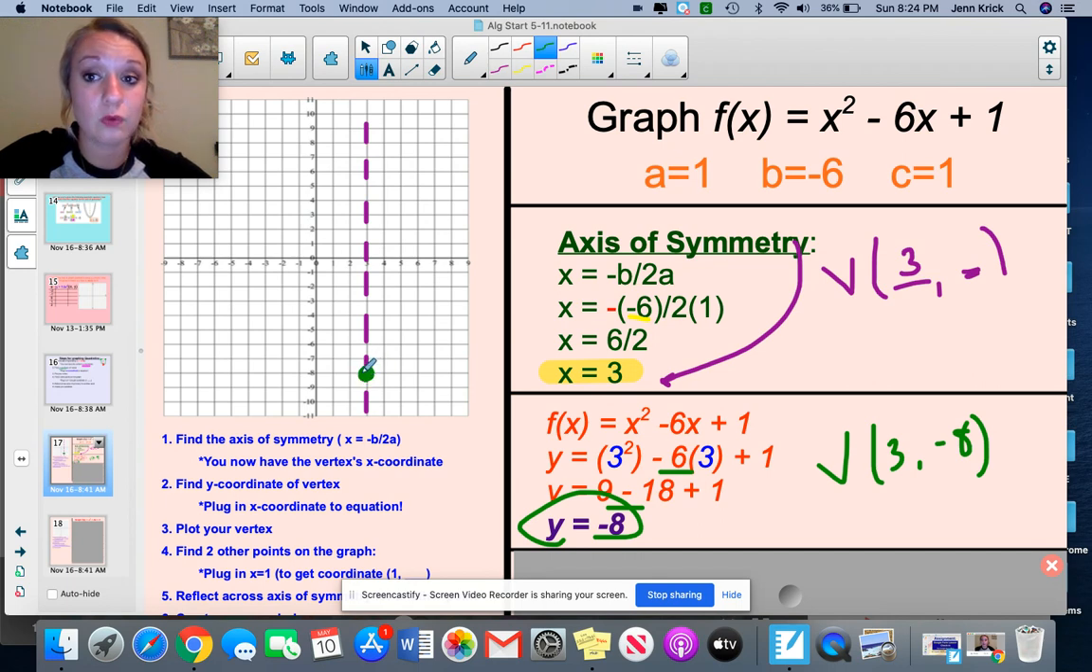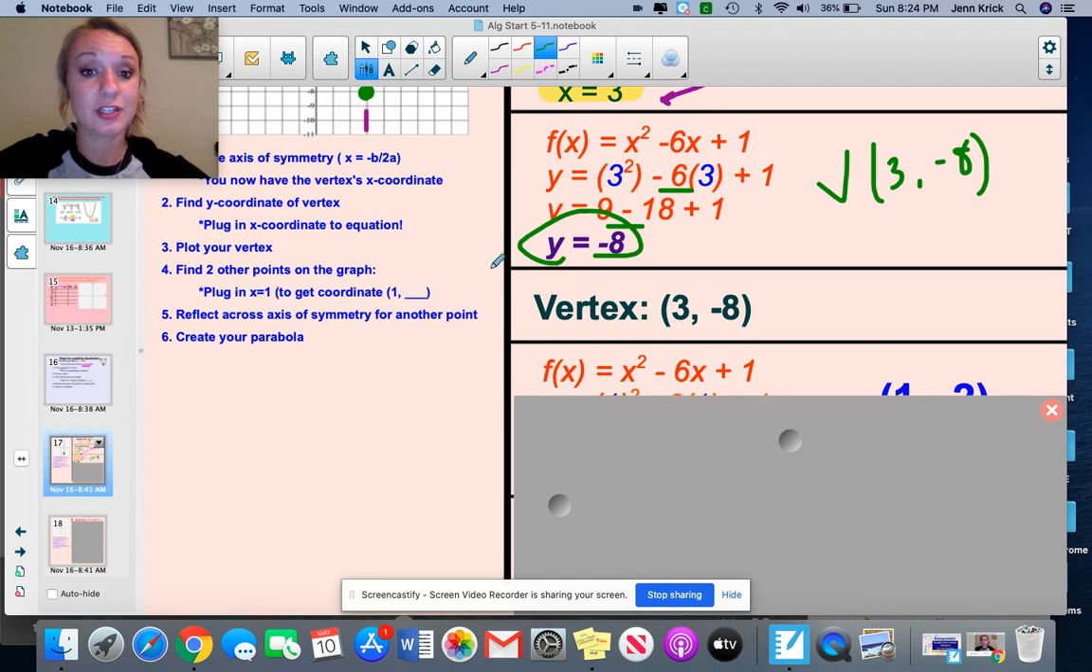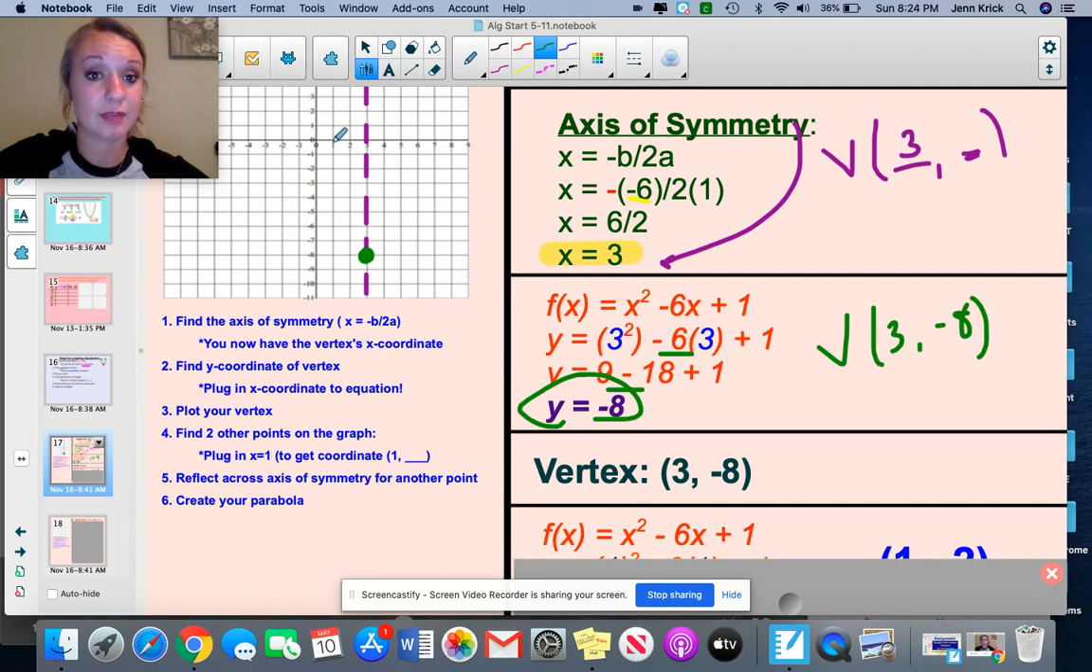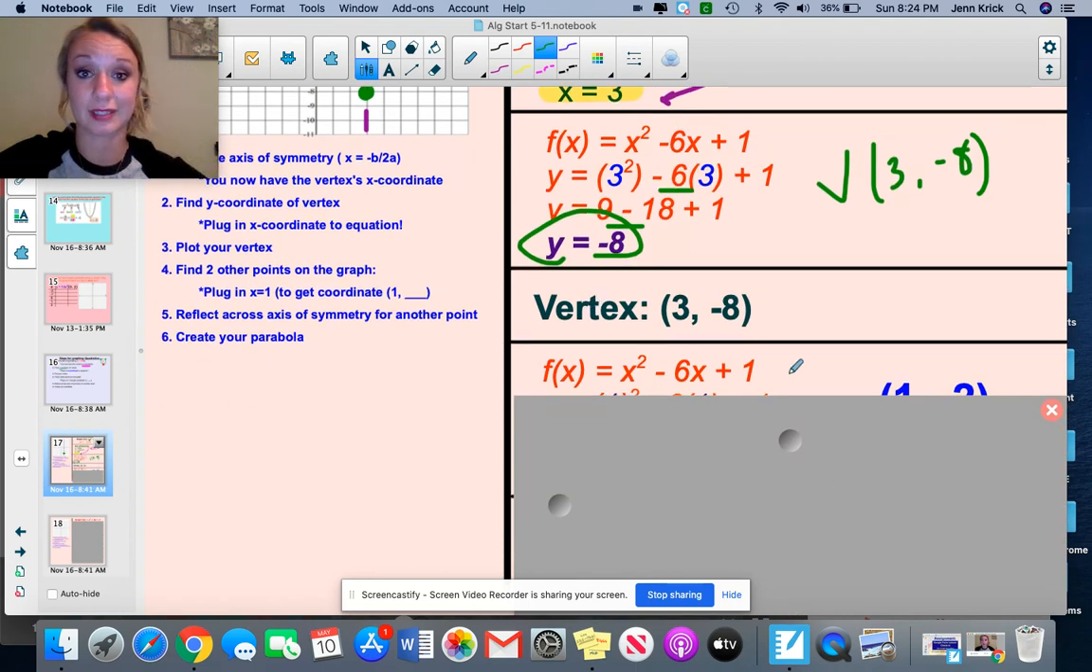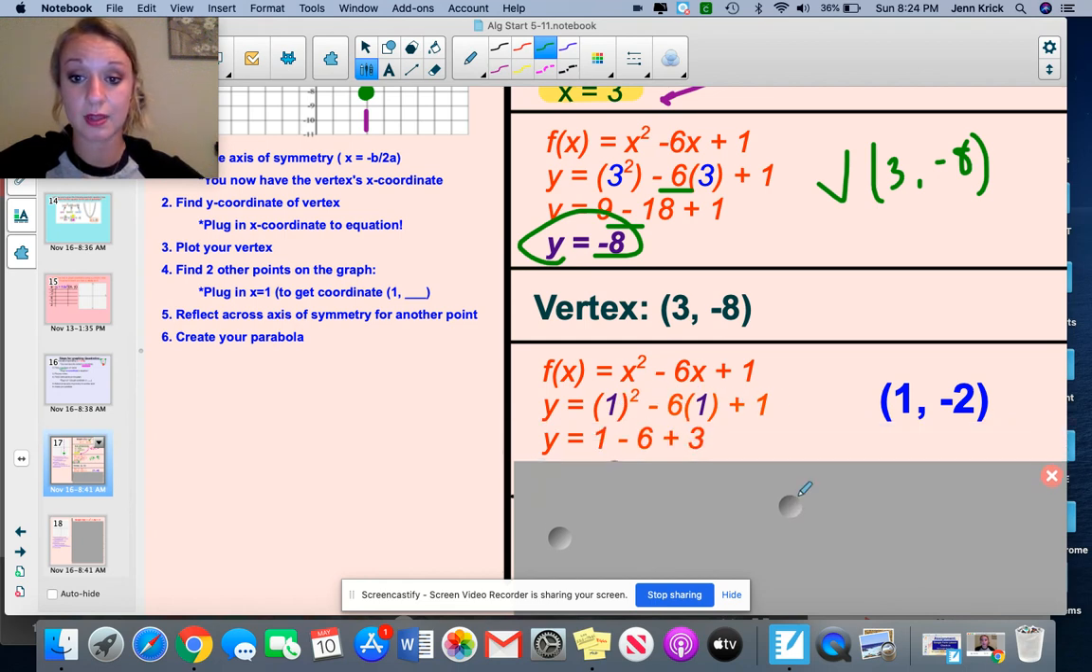Now I know right away that this graph will be opening upwards because my leading coefficient is positive, but I need to find a point over here and over here so I can actually create my parabola. To do that, I know that x can be 1 over here, so I'm just going to plug in x as 1. So when I do that, I'm going to take out my x value and I'm going to plug in a 1. So I've got 1 squared minus 6 times 1 plus 1. That simplifies to 1 minus 6 plus 3, or sorry,